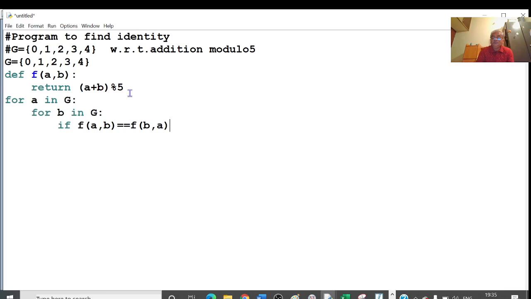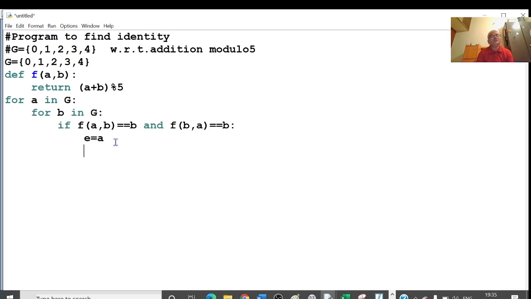And f of B comma A is also equal to B. If f of A comma B equals B and f of B comma A is also equal to B, then A becomes the identity element. So here, after the if, I have to give a colon. Then I will assign E equal to A. E equal to A becomes the identity element here.